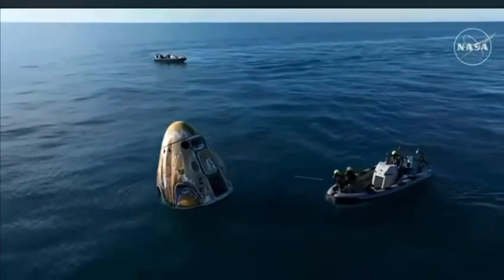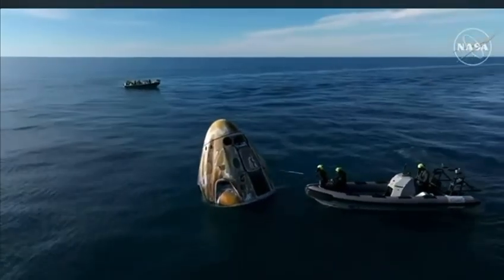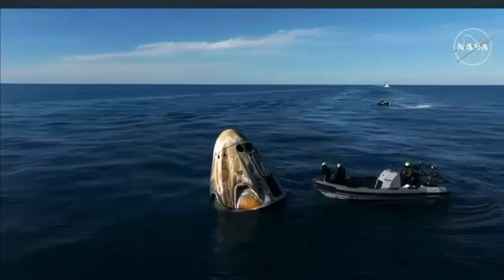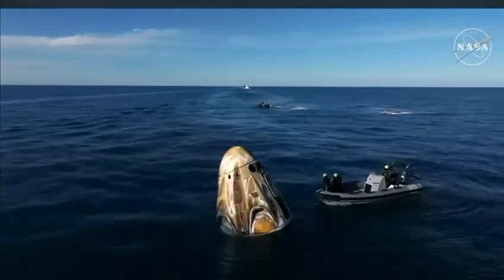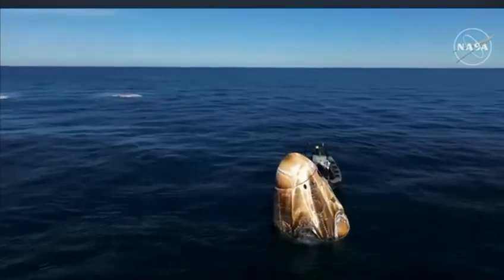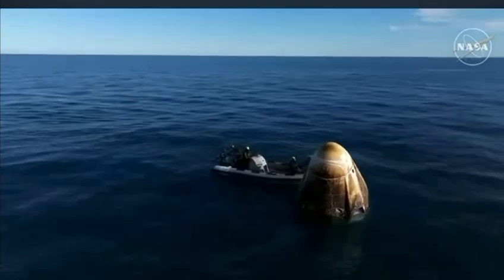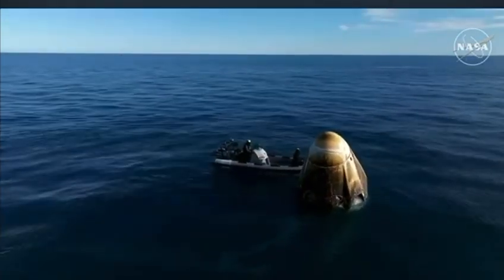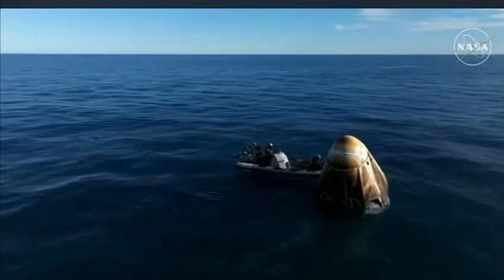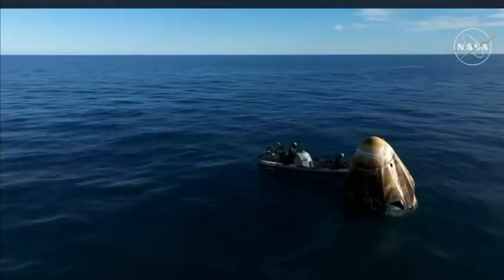The recovery vessel there closest to the spacecraft is going to be performing some safety checks. We can see there they're using an instrument that is basically working to detect if there are any hypergolic vapors or fumes that are still residing in and or around the Draco thruster nozzles or outlets. The hypergolic fuel, which is necessary for on-orbit burns to maneuver the spacecraft. Unfortunately, those hypergolics are unable